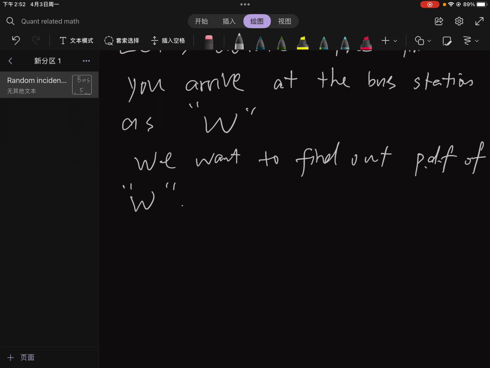Firstly, like I showed you in the first example, this W will have the PDF that is proportional to its length, right? Which means when you have an arrival at that given time, W has a larger probability when you have the longer interval, which means this W will be proportional to the length times the initial PDF of this W.